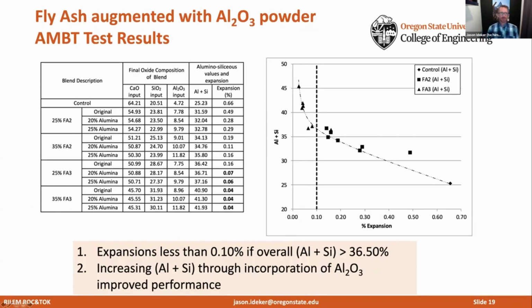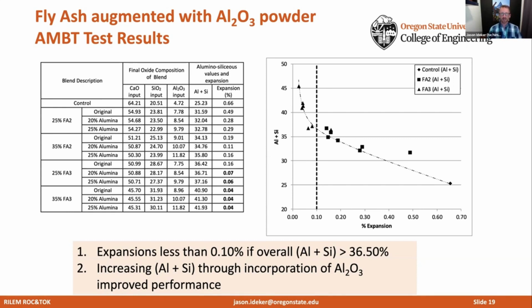Some work that one of my students did a number of years ago really looked at this importance of having alumina present in the fly ash. In the figure on the right-hand side, you can see that if we were able to have an alumina plus silica amount in our total cementitious materials of greater than 36.5%, we could keep the expansion below 0.10% in the